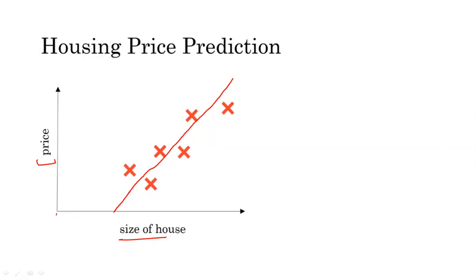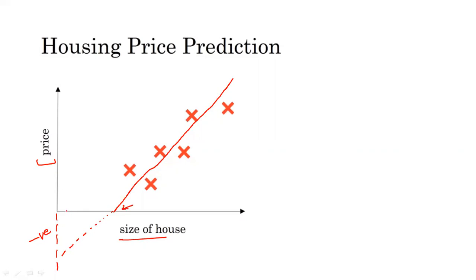Suppose that if you extend the y-axis towards this side, and now if you extend this function, what you can see is that above the x-axis the prices of the houses are positive, and below the x-axis the prices of the houses are negative. But as you can see, the price of the houses could never be negative. So we should stop at this point only.